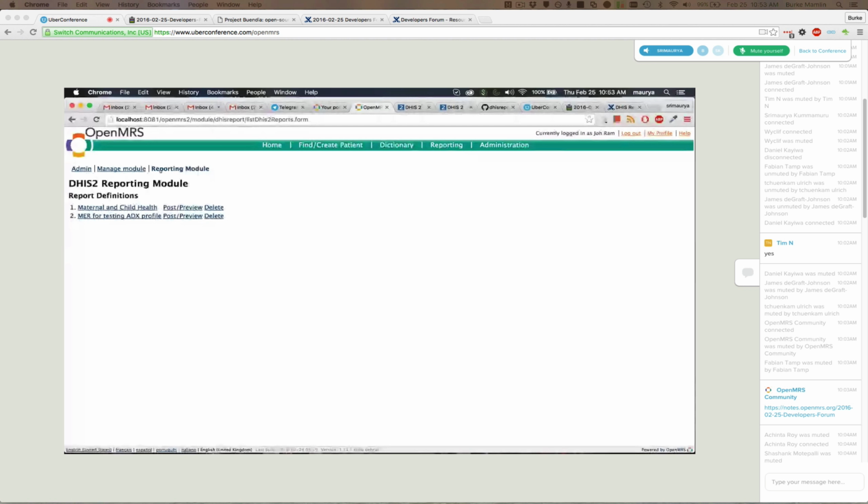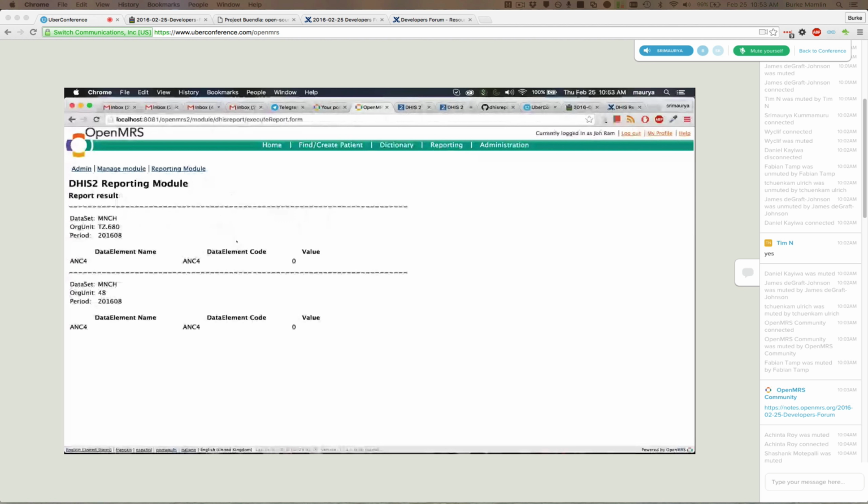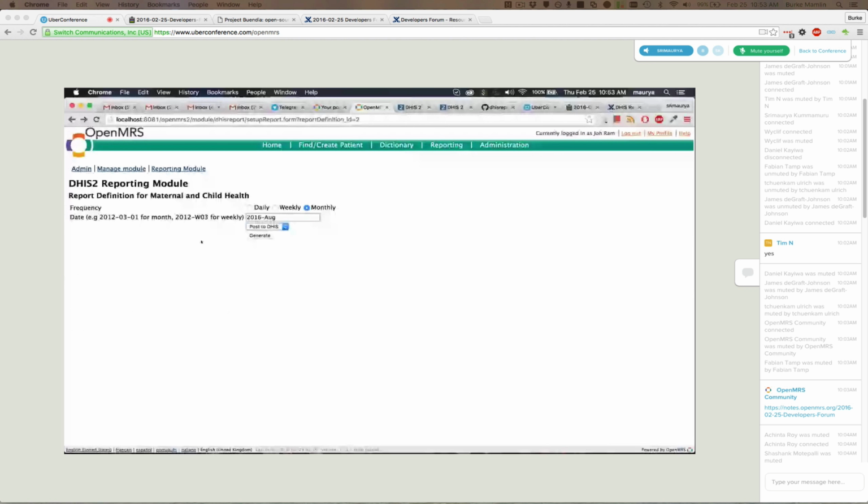So in this case, when we select the monthly and we do preview, we'll be able to see the report values for all the locations coded, and we'll be able to post to DHIS. But right now we are working on just